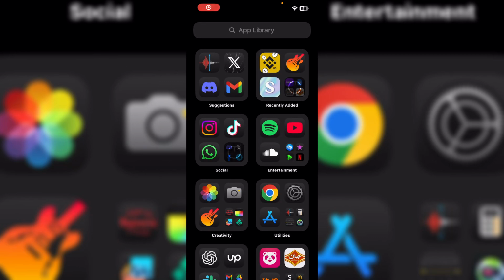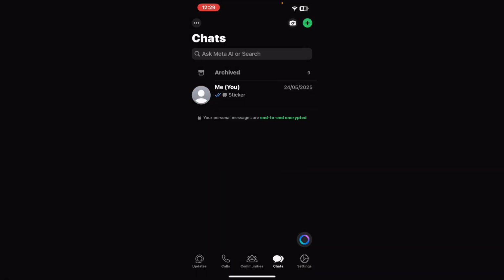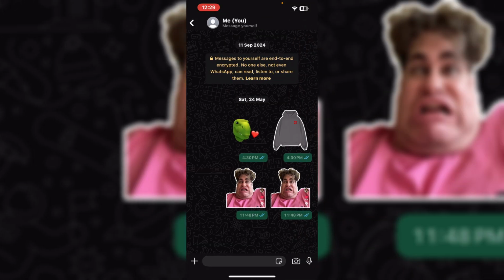Okay, so in order to make stickers on WhatsApp, you just need to go ahead and open up WhatsApp. Once you open it up here, as you can see, you just need to go ahead and open up a chat. Once you open up your chats, what you need to do is just simply press on the sticker icon right